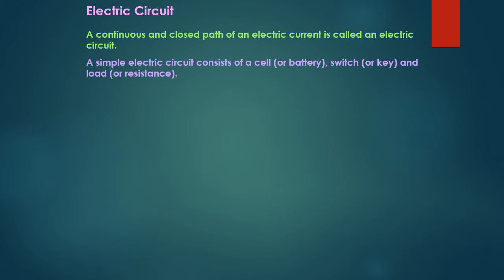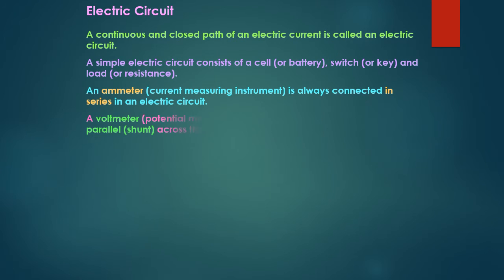Next, we talk about electric circuit. A simple electric circuit we can design here. What is an electric circuit? So friends, in general, if you think about an electric circuit, what comes to your mind? First of all, we take a battery or a cell, some connecting wires, a key, and an electric bulb or a resistor, and if we join them to make a closed path, that closed path is known as an electric circuit.